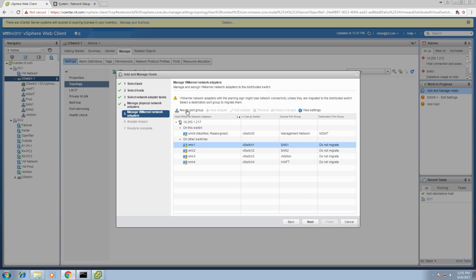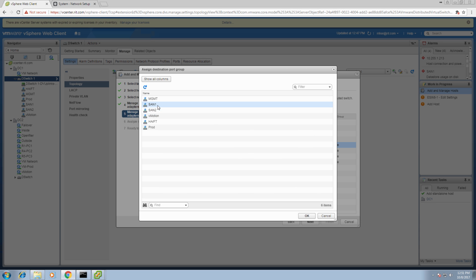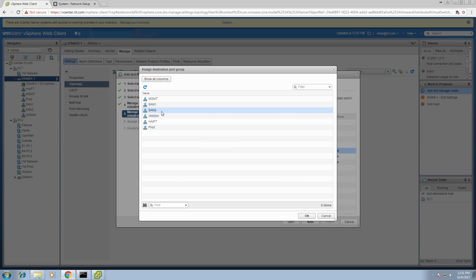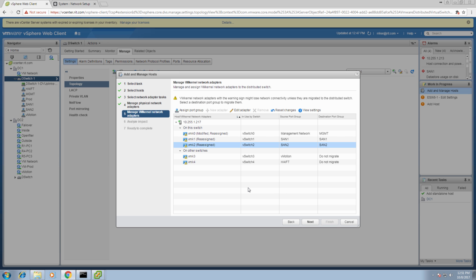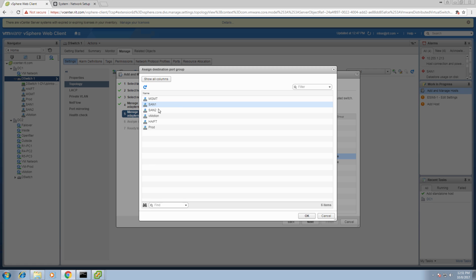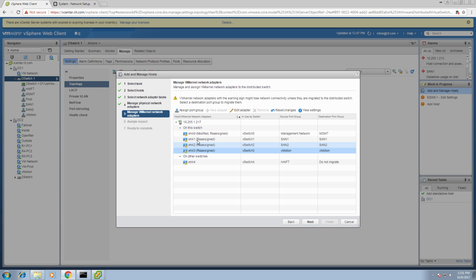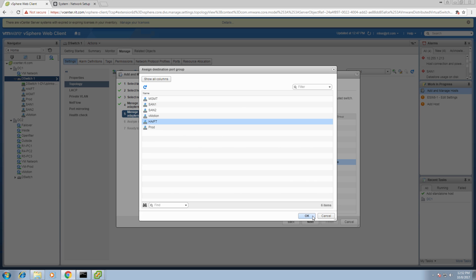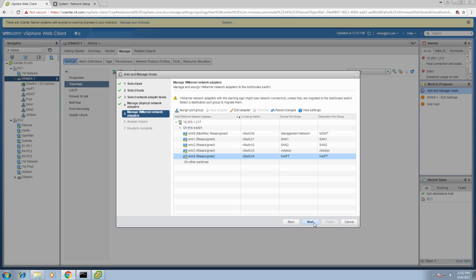We say assign a port group. We're going to assign this to SAN1. Click OK. We go here to VM kernel 2. We assign port group to SAN2. Click OK. Now, because we're moving everything over to the new vSwitch, come over here. We say assign port group. We say vMotion, and then we come to VM kernel 4. And we assign port group, and then we go to HA fault tolerance and click on OK. We go to next,